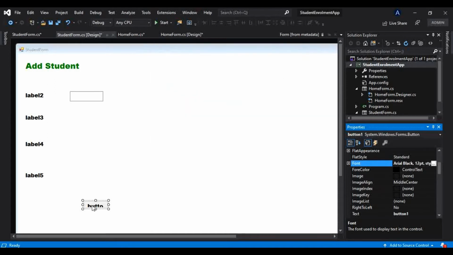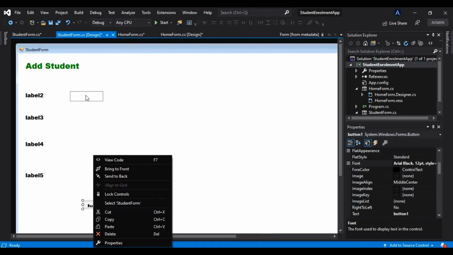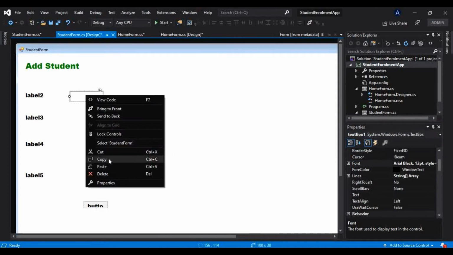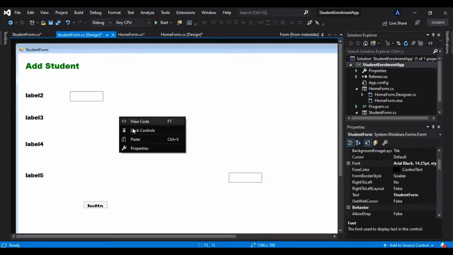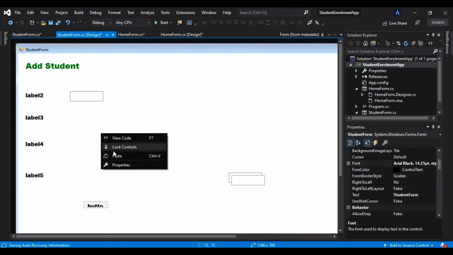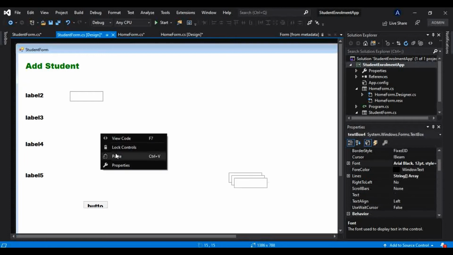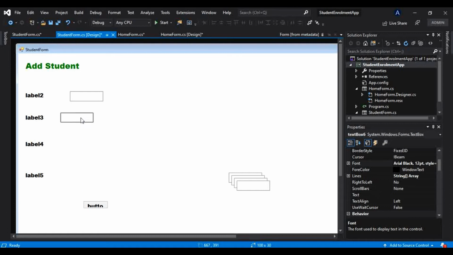Okay, and now let me just copy this text box several times. Let me paste that here. Let me paste that again and once again, and I will rearrange that here, and I will shortly explain to you what I am doing. Let me just rearrange these text boxes here.